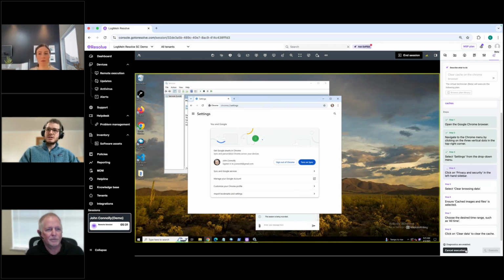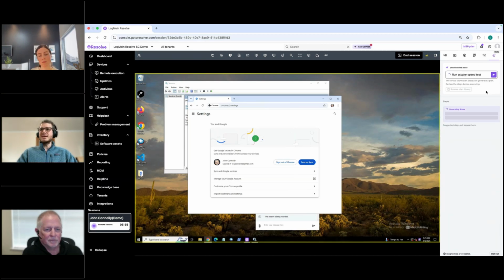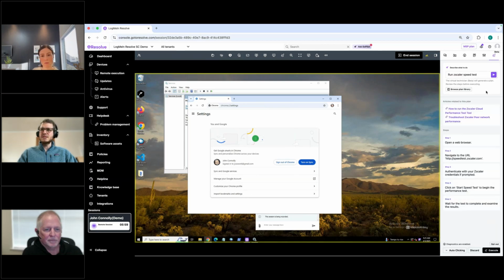So let me just hit cancel a quick second here, and let me load. So plan execution stopped by the agent. Let me share what a custom plan would look like when it is tied to specific proprietary information of your company. For instance, run Zscaler speed test. And from there, it should pull up the exact link that is needed in order to run that test, which is